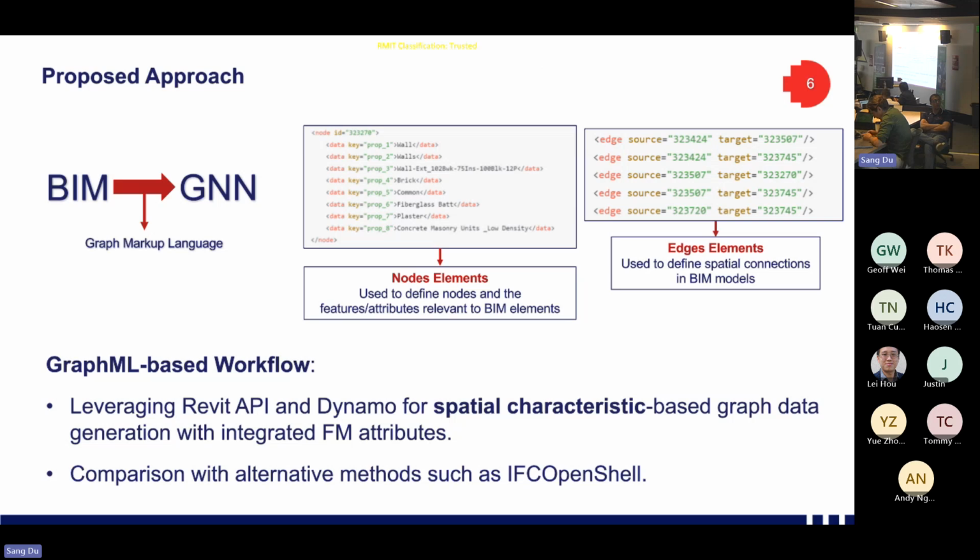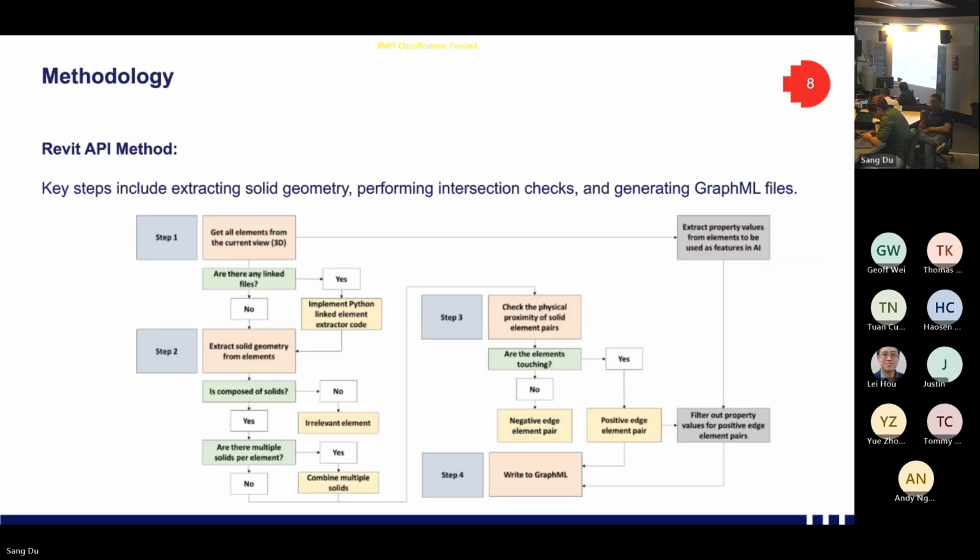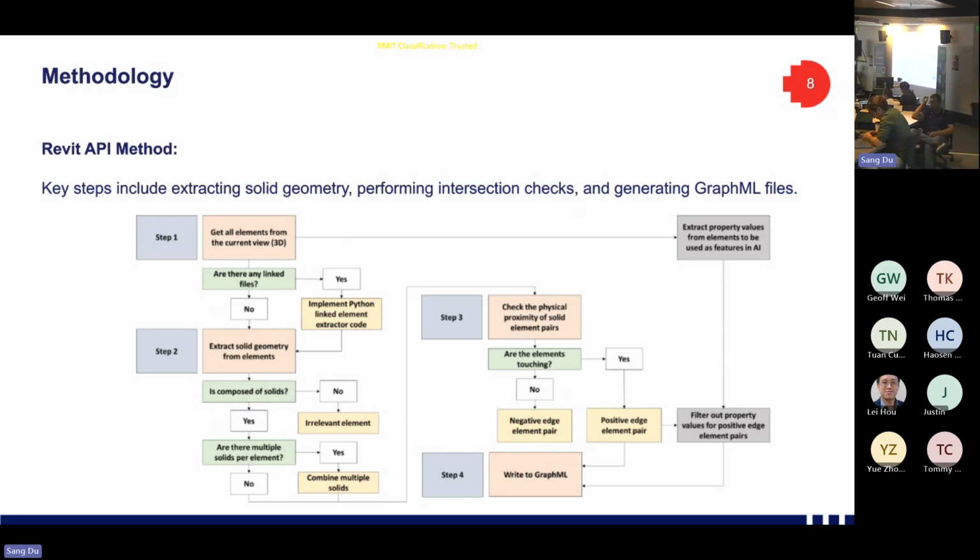So we have also tested this with two methods: the Revit API based method, and one more, an open source or IFC OpenShell based method. This is the summary of the method. We are performing a solid geometry intersection check, and we are producing pairs of elements which intersect or which touch each other as proximity elements,